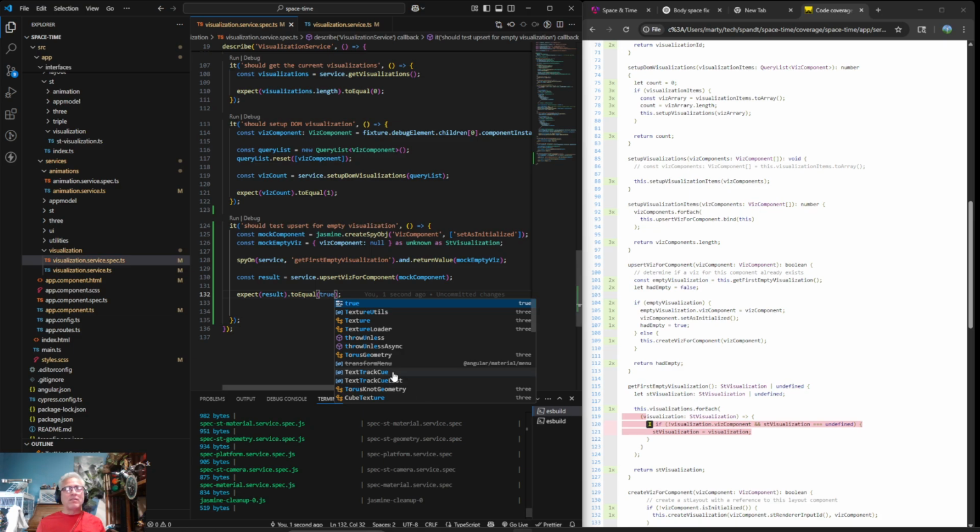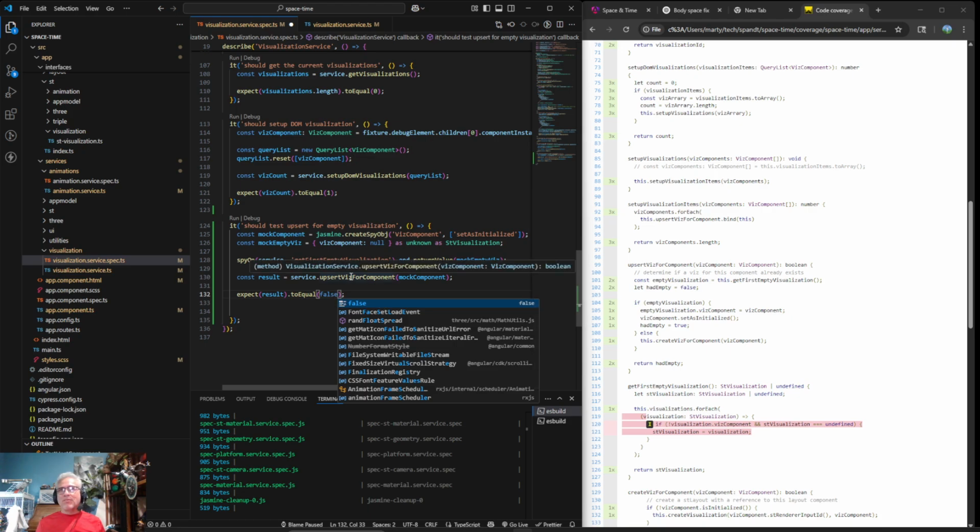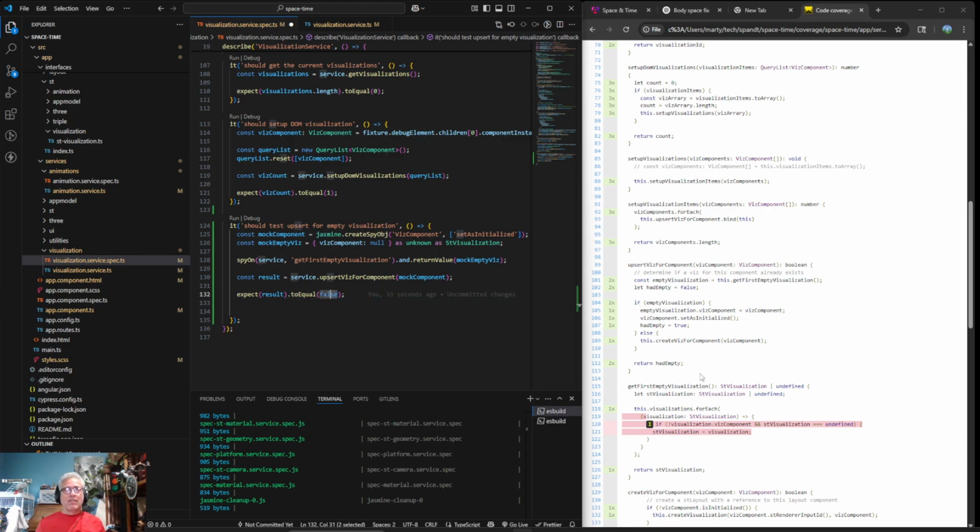Why didn't that fail? 2 equal false. Upsert viz. Oh, it does return. Okay, so I guess that is what we expect. It wasn't empty, so it actually returned a true. So that's good. All right.